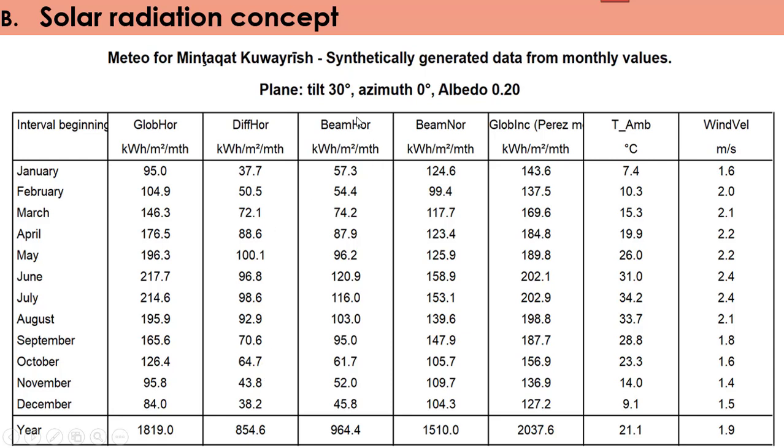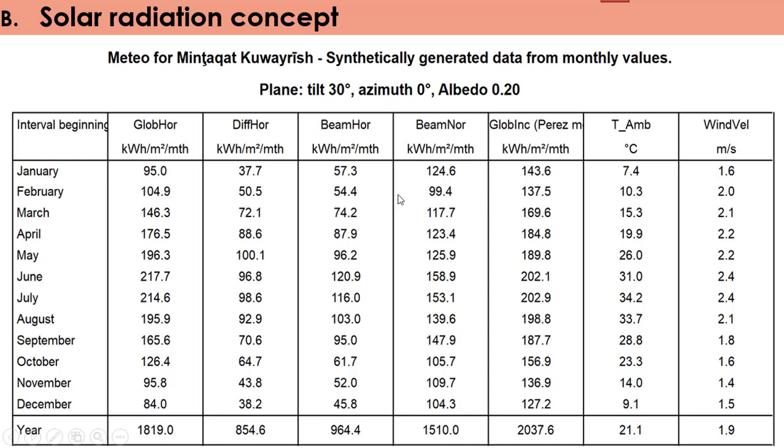And the fourth column of the table represents the beam horizontal irradiation in monthly values, and this also represents beam normal, as we see, and this column represents the global solar irradiation on tilted surface,